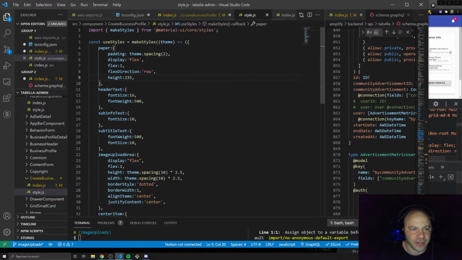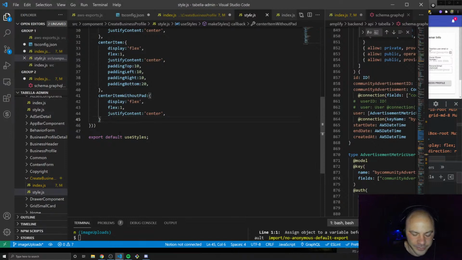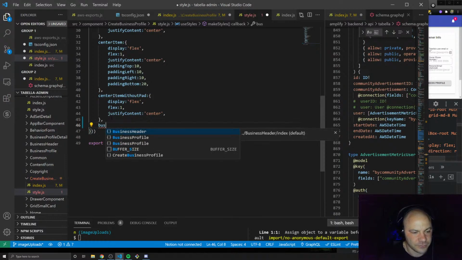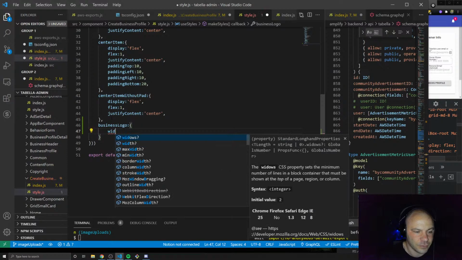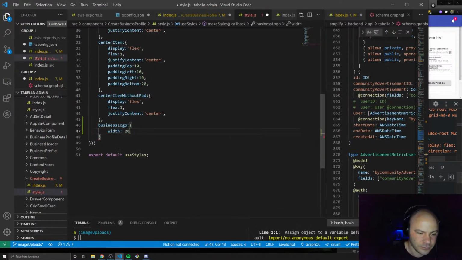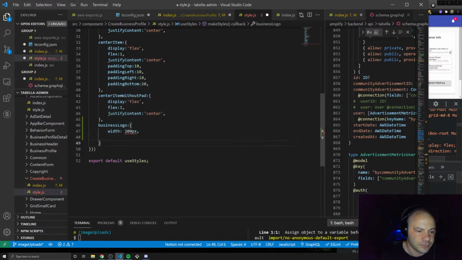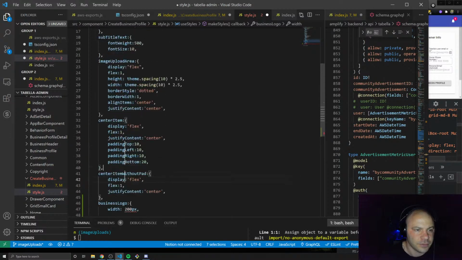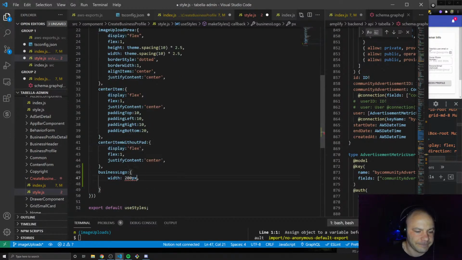So we've exported our classes to a separate styles.js file. So I'm just going to go down to the bottom here and add in the class business logo. And we're going to say width 200 pixels. Oops. I think it's going to let me do... Oh, yeah. Width 200, height